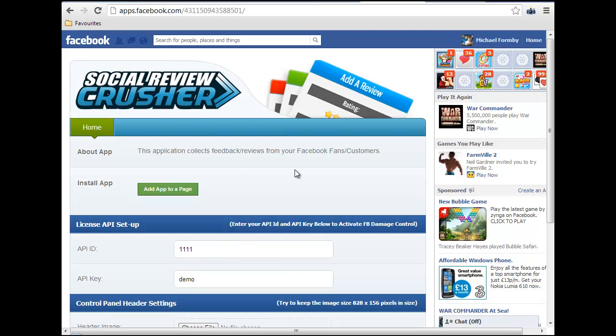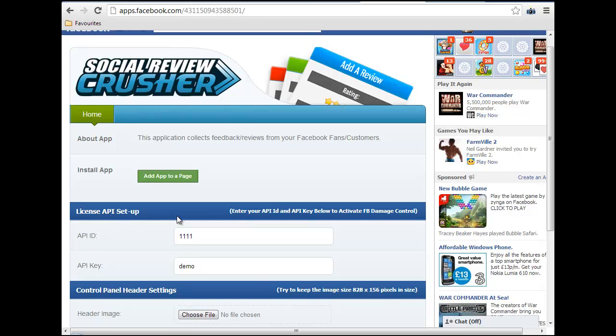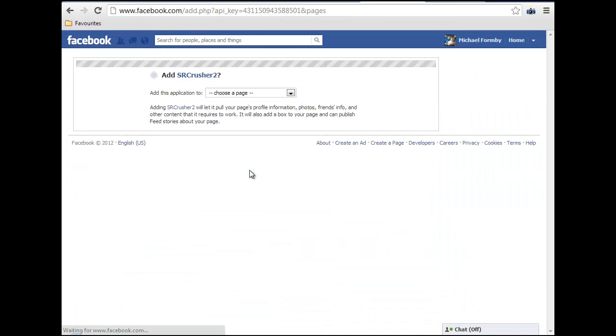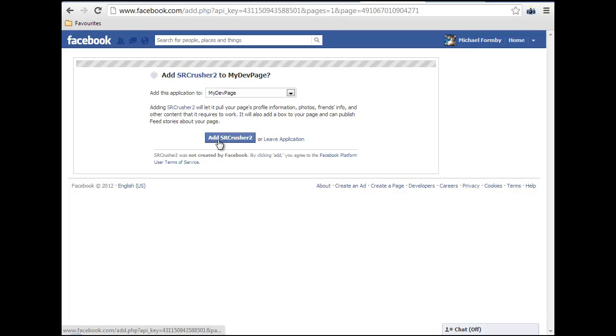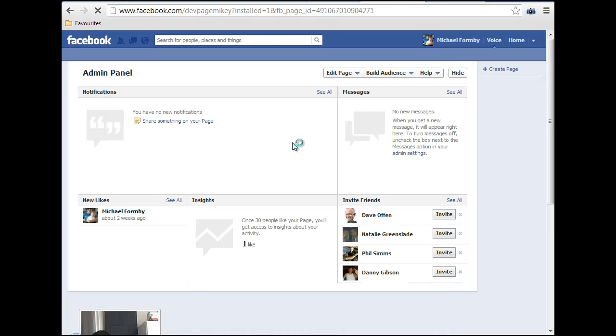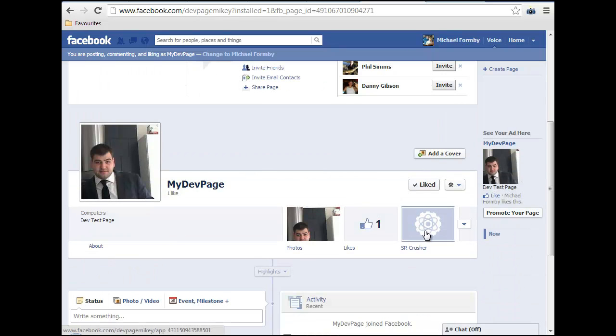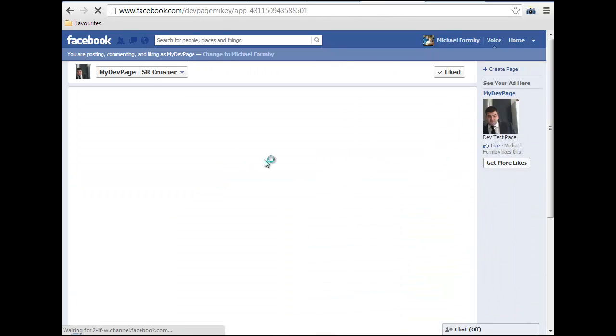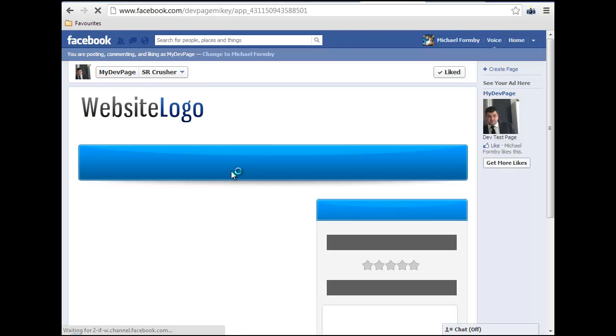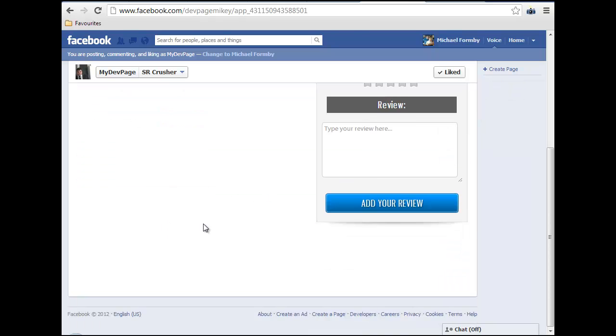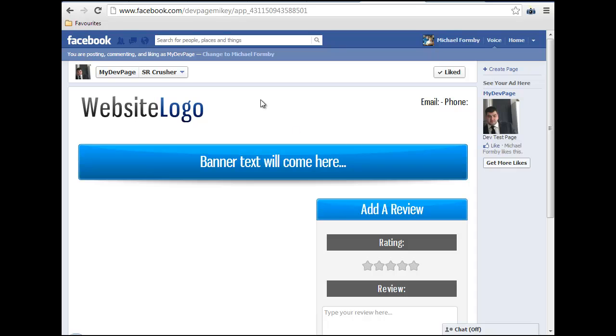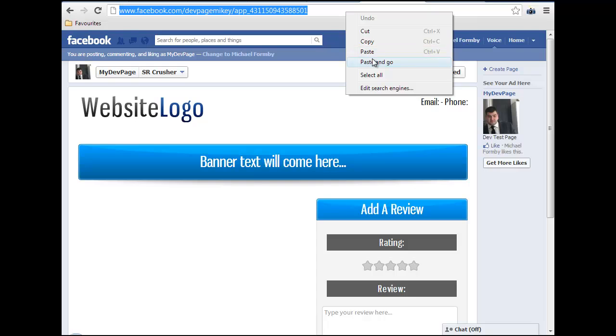Okay, so this is the app on Facebook. So what we're going to do is we're going to click Add App to a Page. I'm going to select my dev page and then click Add SR Crusher 2. And now, if we click that, you can see that we have the app. Just let it load up a minute. Already there. So the next thing I'm going to do is I'm just going to show you how to personalize this page. So if we go back to our main app,